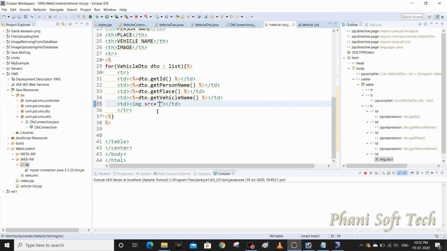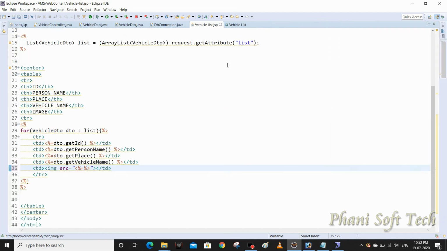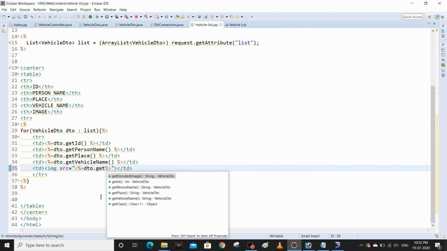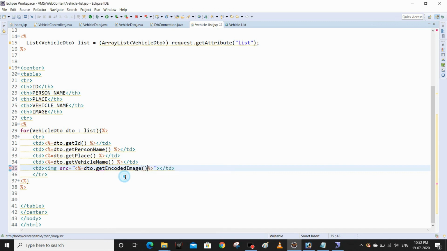Okay, let me try here. So I'm going to give DTO. Simply I'm using an expression tag here. Let me maximize. Okay, DTO dot get encoded image. This is the string value, and I need to convert this string to the pattern.